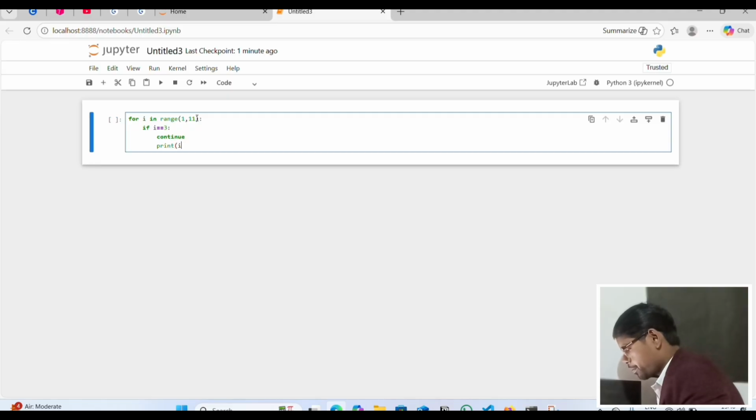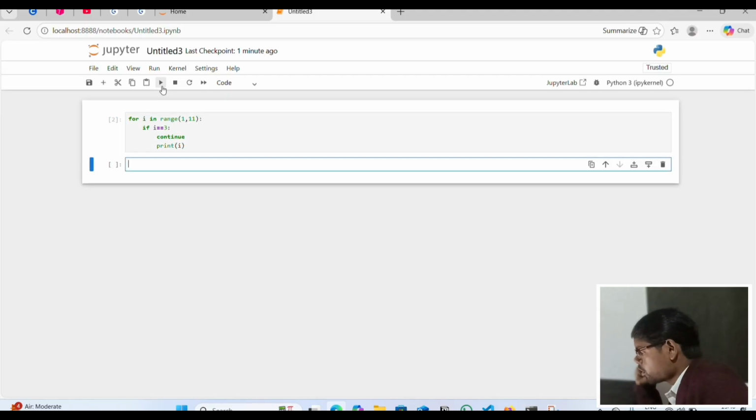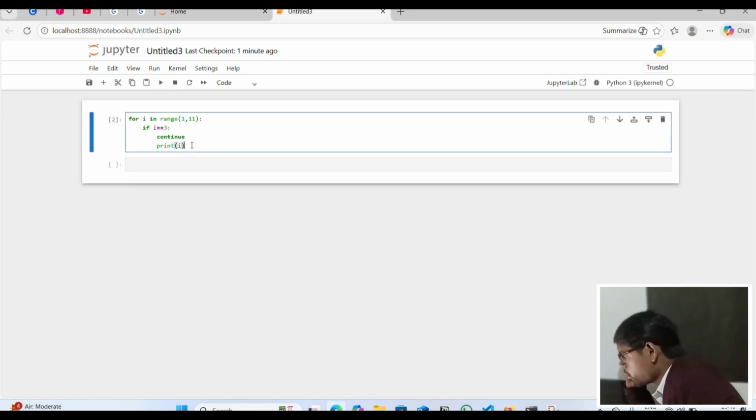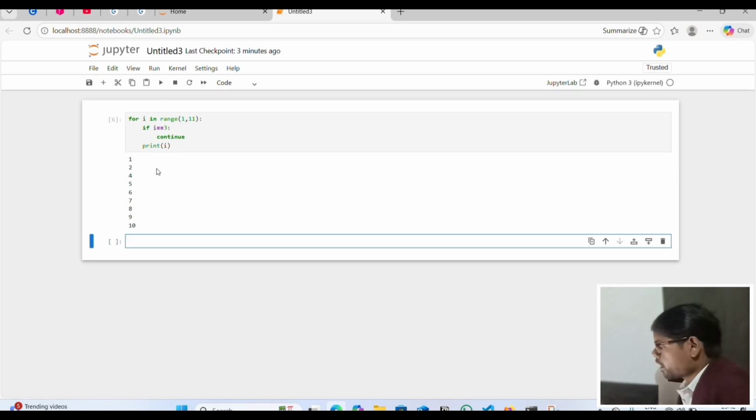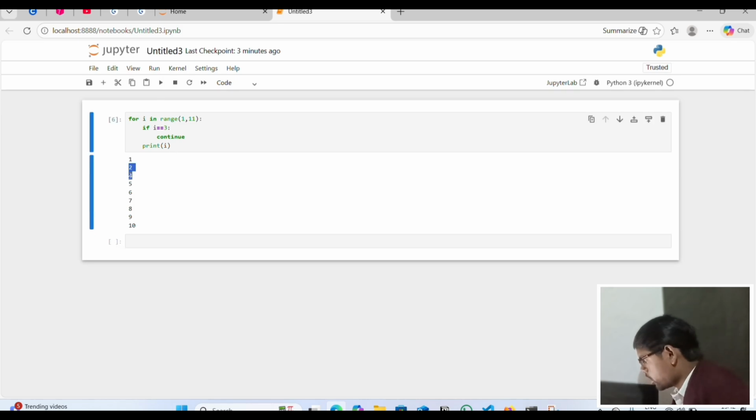And then it's not run, and then run. Okay. And you can see this result, 3 is not printed, this line is skipped, so continue skips the value. Okay, in the next video we will learn.